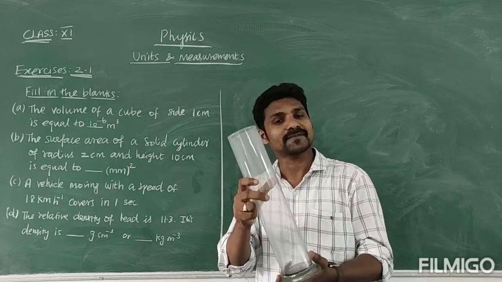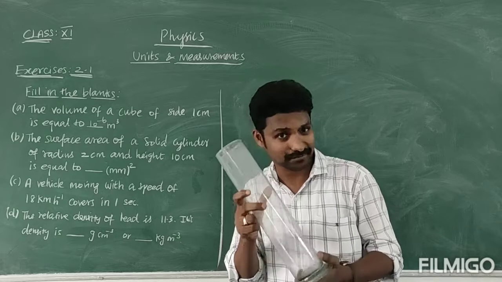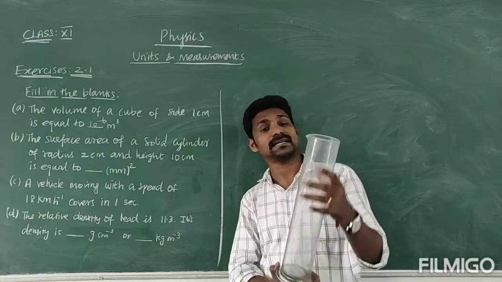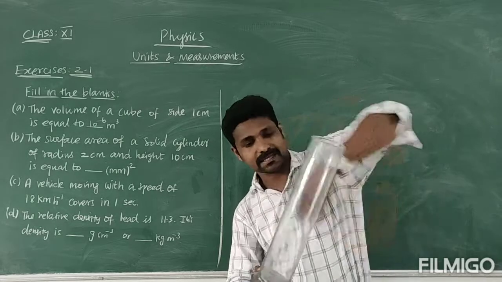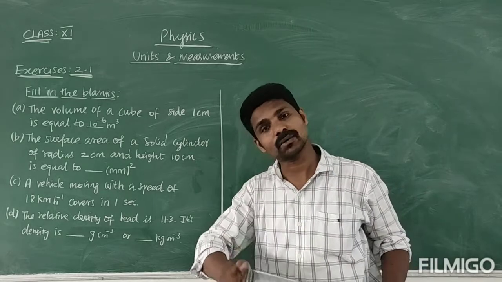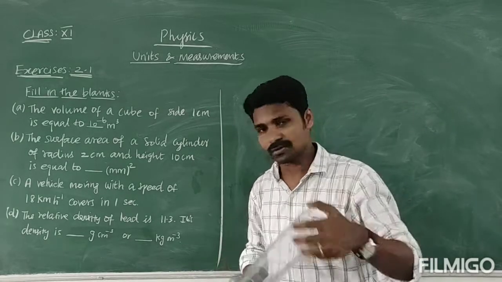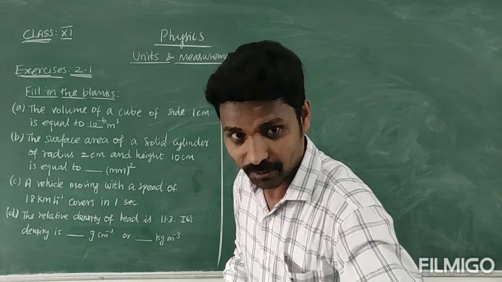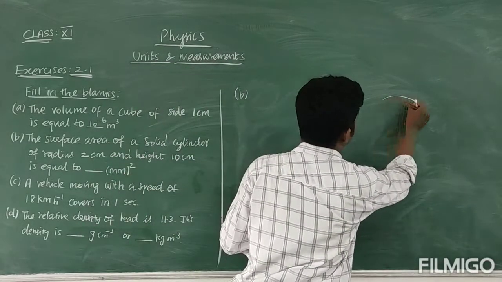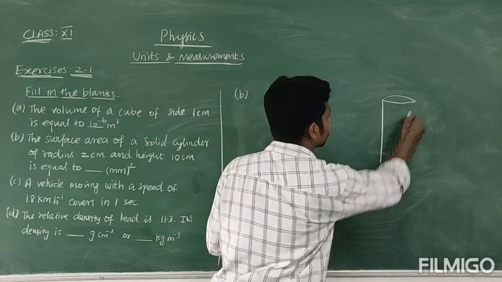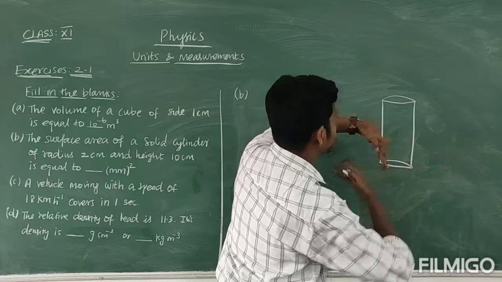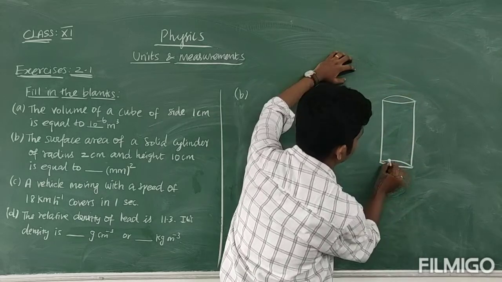Okay, now they are asking what? That is the surface area of the solid cylinder. So here we generally have 3 surfaces. One is this curved surface, another one is the top surface, and the second one is the bottom surface. So how to approach this question? Listen, for your convenience I will draw one diagram for this big question. So it is that cylinder, with the curved surface, top surface and bottom surface.